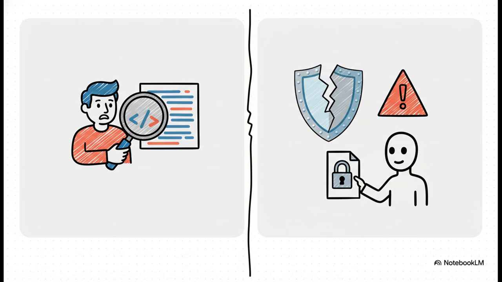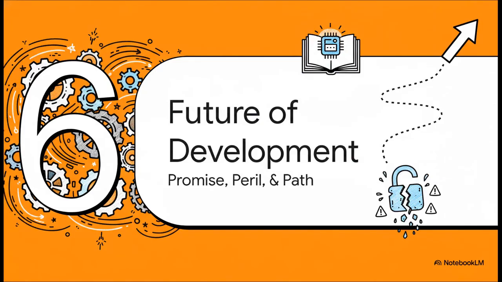But on the other side, the security community is shouting that this is a critical flaw. They say that an AI agent must be able to figure out where its instructions are coming from, and that automation like this should never, ever be allowed to just bypass basic security. So where does that leave us? We've got this incredible promise on one hand and this terrifying new danger on the other. What does this all mean for the future of how we build things?